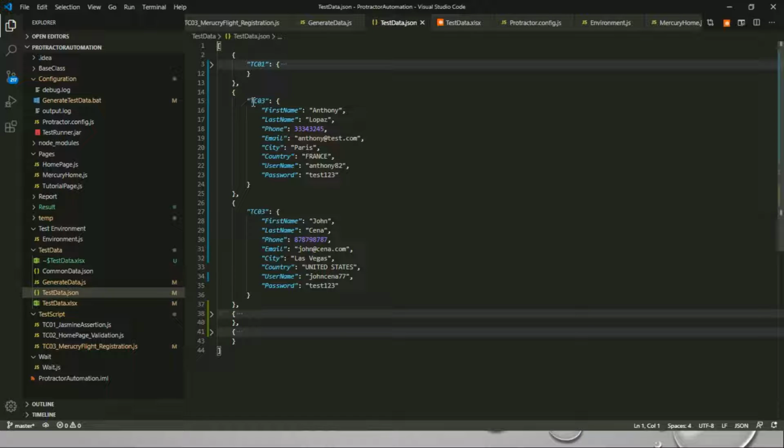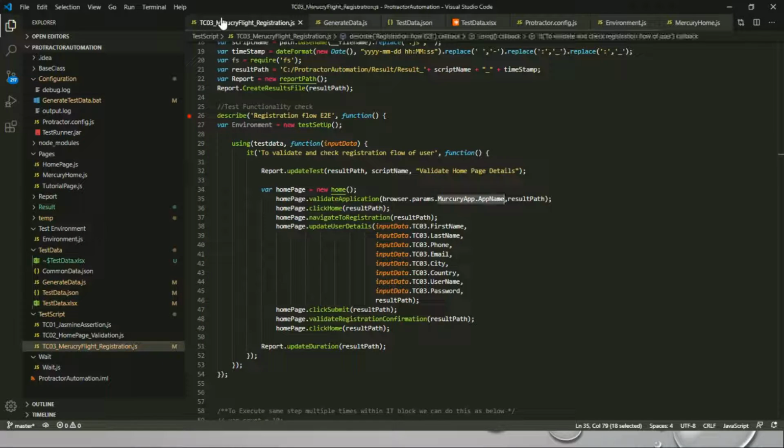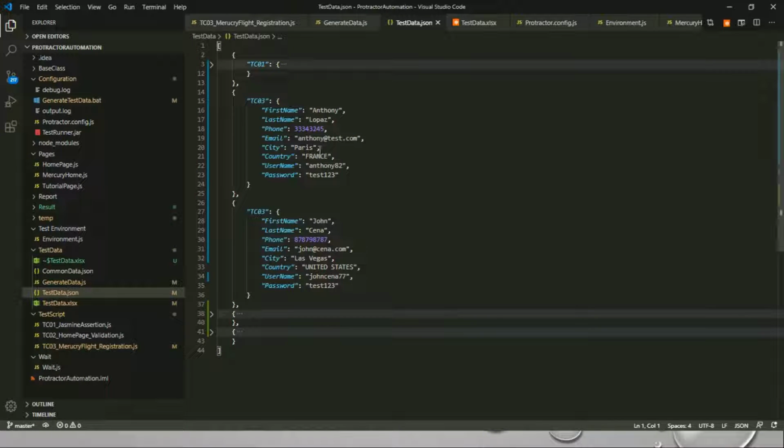So TC03, I am using this particular script. Inside I'm passing TC03 input data, first name, last name. Let me quickly execute it. Okay, first data is for Anthony Jones. Okay, so the fact is that anyway we are passing the JSON data for our project automation, but we don't have to spend time designing or feeding the data in the JSON, because it may look tough for who doesn't know about the JSON syntaxes, all those things.